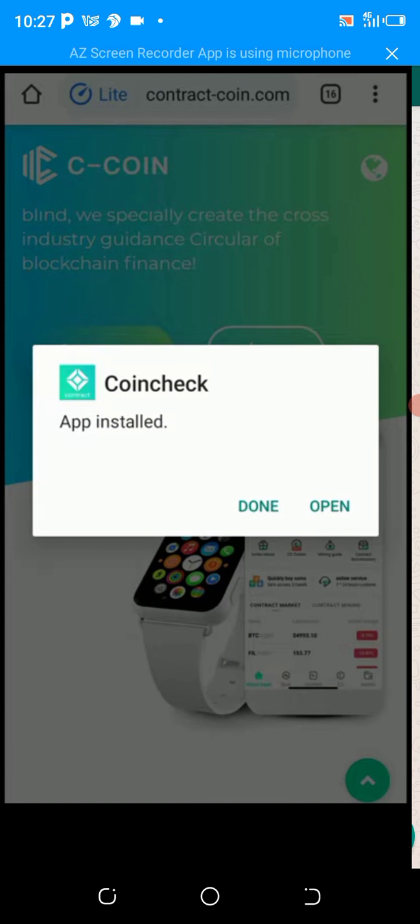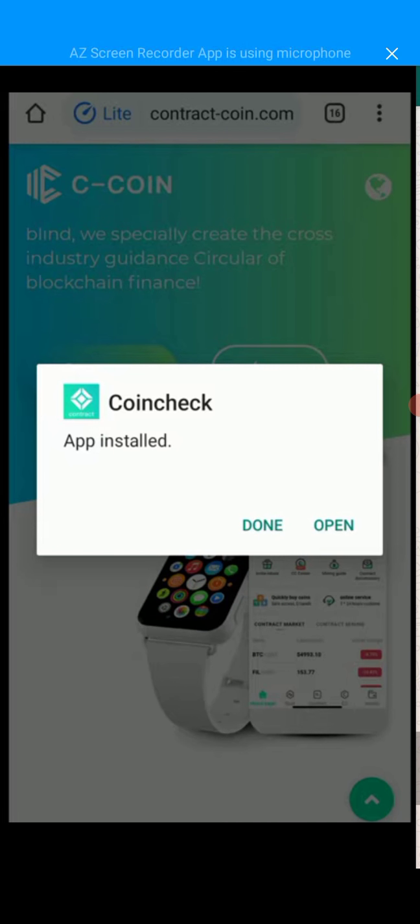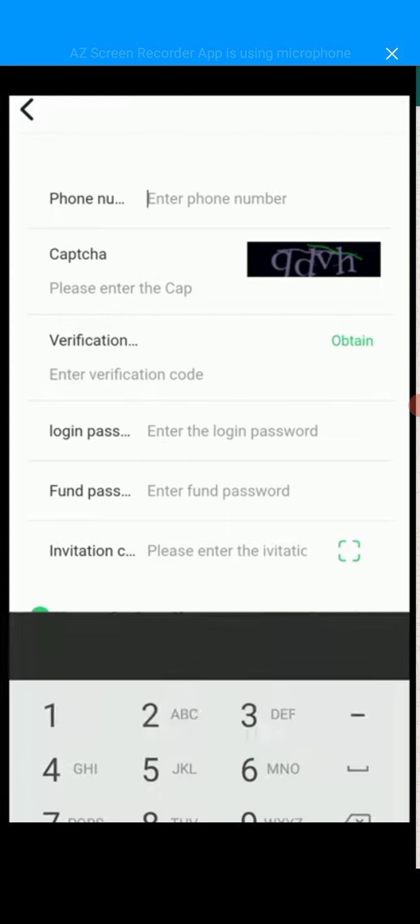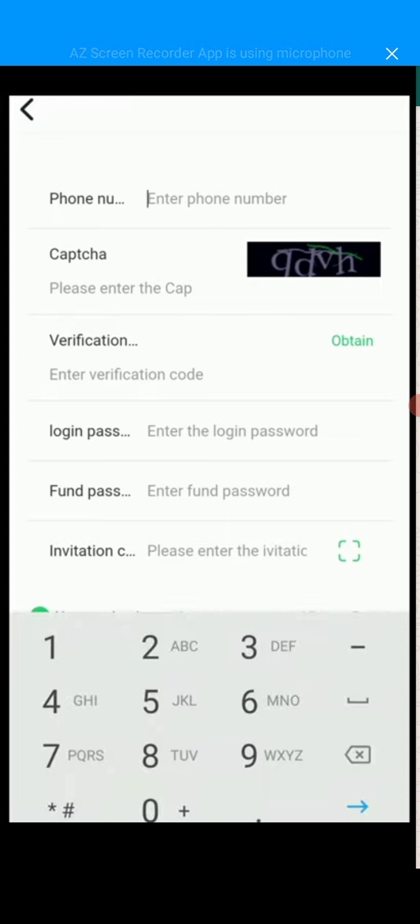Okay, so I want to open this app now. Click on install and I want to open it up now, and after opening it, we'll be able to register. Now, if it fails, your principal will be returned back to you, so you are not going to lose here. We'll be trading forex here. There is a forex page where we'll be trading. If you succeed, you get 0.5 cc with your 10 USDT. If you want to increase the amount you make daily, you can actually increase it.